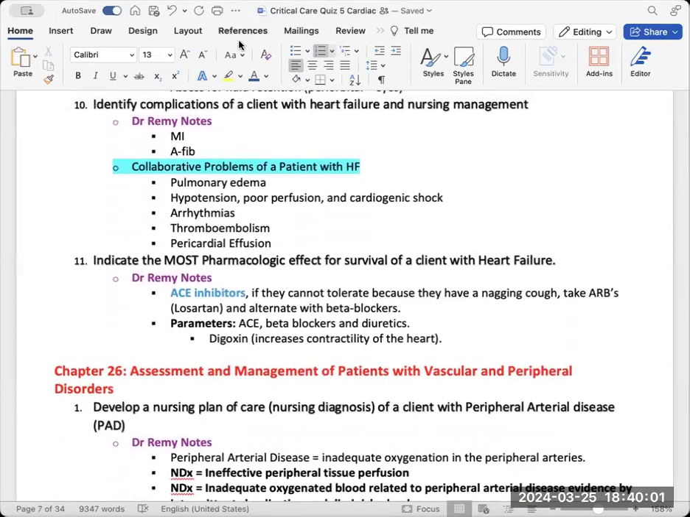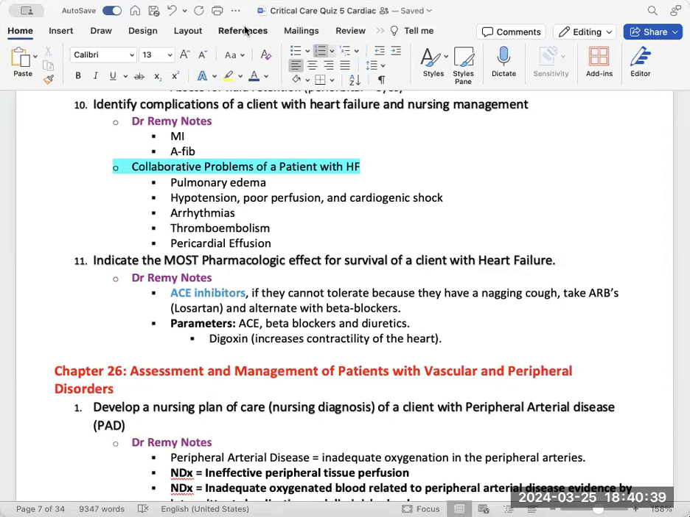The next question is to identify complications of a client with heart failure and nursing management. Specifically, Dr. Marie mentions MI and AFib. So, those are some complications you could have with heart failure. Others include pulmonary edema. We said pulmonary edema could be a side effect of left-sided heart failure, which causes that pink frothy sputum. We have pericardial effusion, where fluid is building up around the heart, and that could be from left-sided heart failure patients. They could become hypotensive,